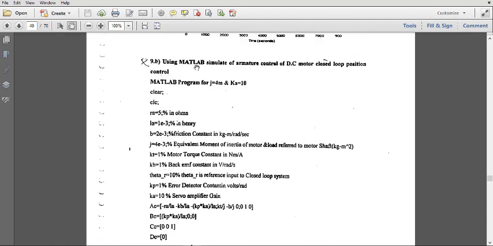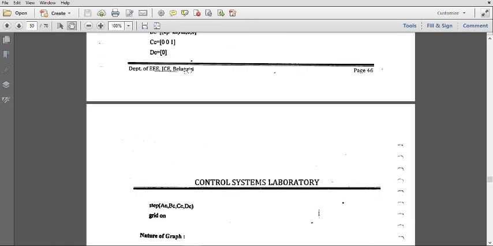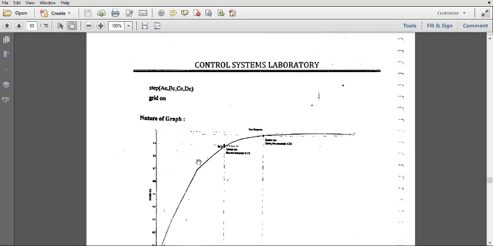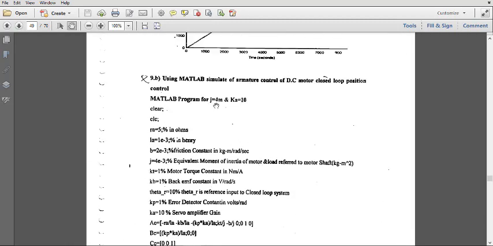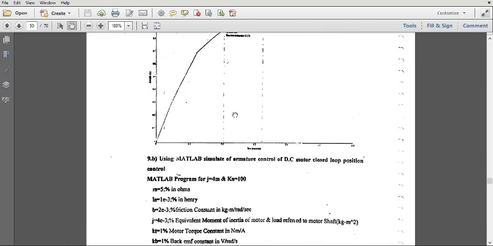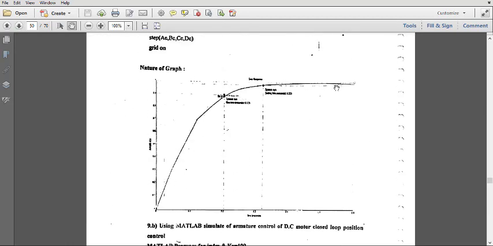Okay, for this code you have this graph. You can see that if you increase the value of j and increase this ka, which is the amplifier gain for the servo motor, you have a much smoother graph.